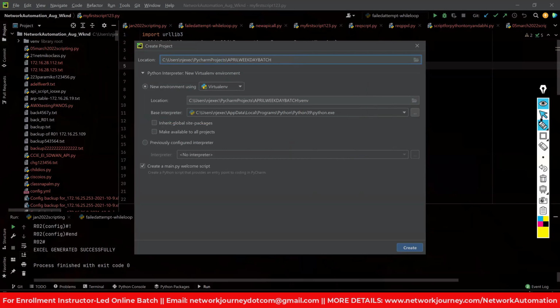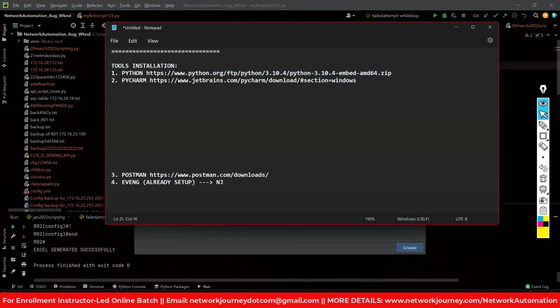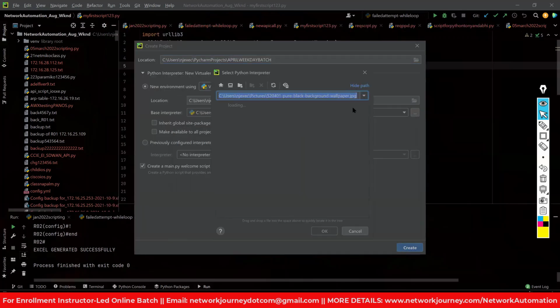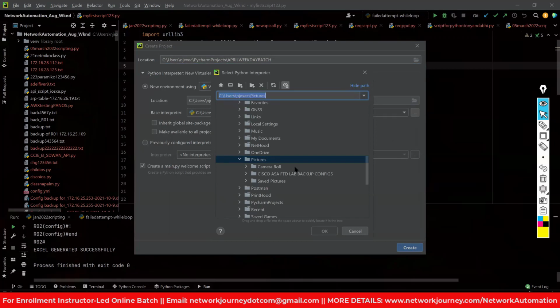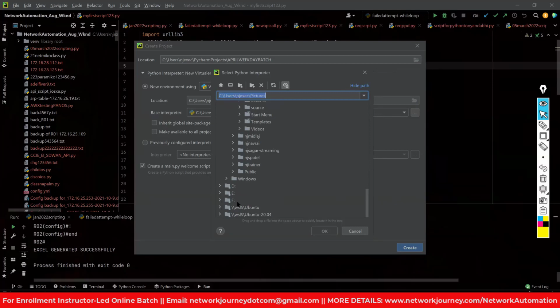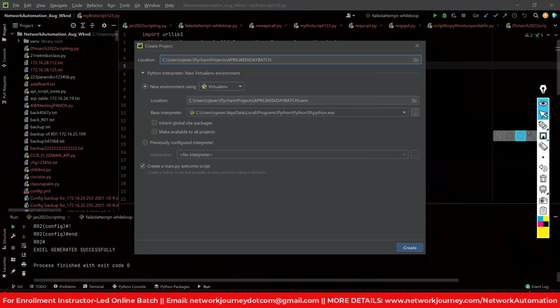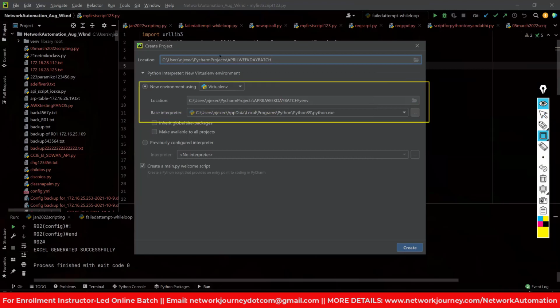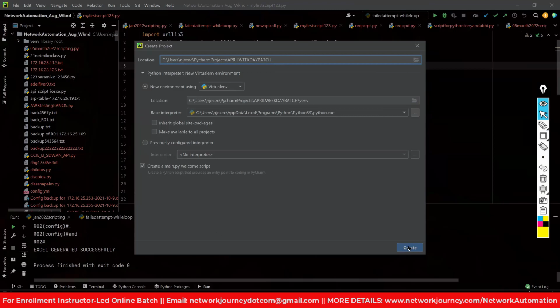So that is why I purposefully put the first point to be Python, because when you finish this installation and when you go with PyCharm, PyCharm will automatically scan your operating system and find this. In case it doesn't find it, you have the browse option. You can click on this and say that I just installed Python in a different directory. So just take it from here. Okay. So that integration, you guys have to check when you create a new project. And that's all. You just say create